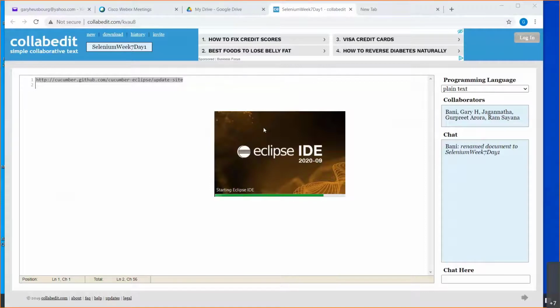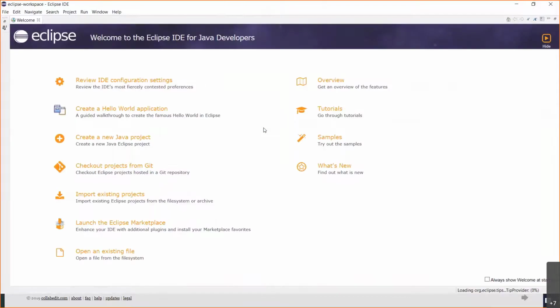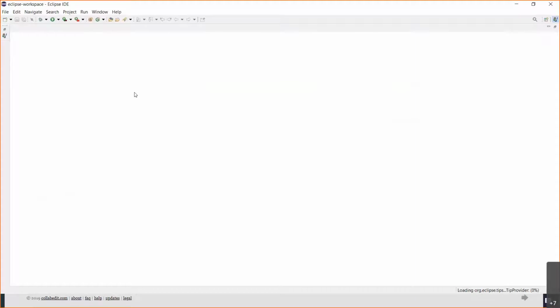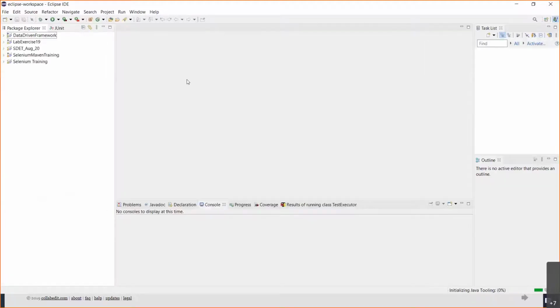So how do I get to see all my old projects? You just click on File, and then you will see Switch Workspace. Once you click on Switch Workspace, you will see: could not launch product because the associated workspace is currently in use by another Eclipse application. Did you close your other session of Eclipse? Yeah, I had to restart it.